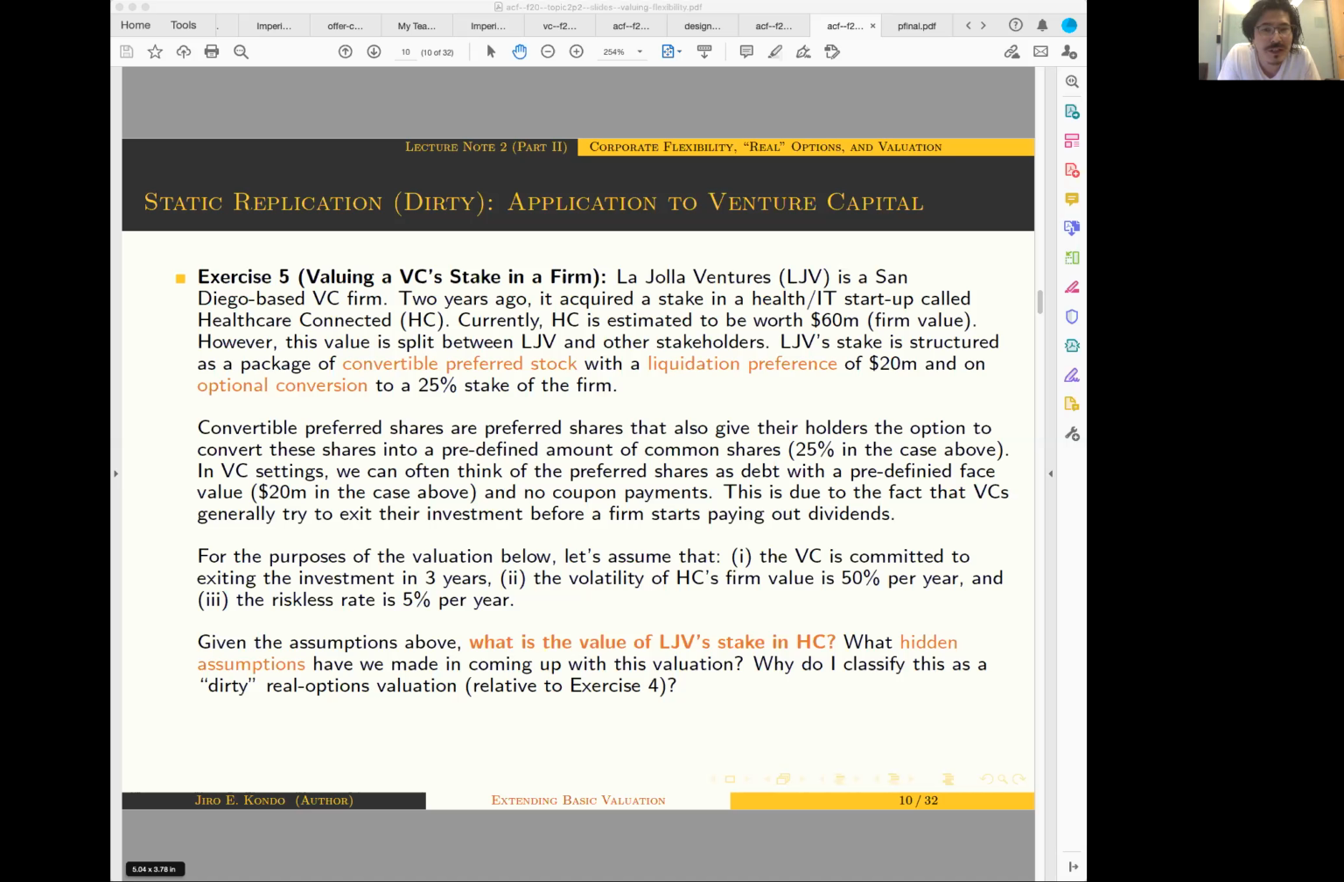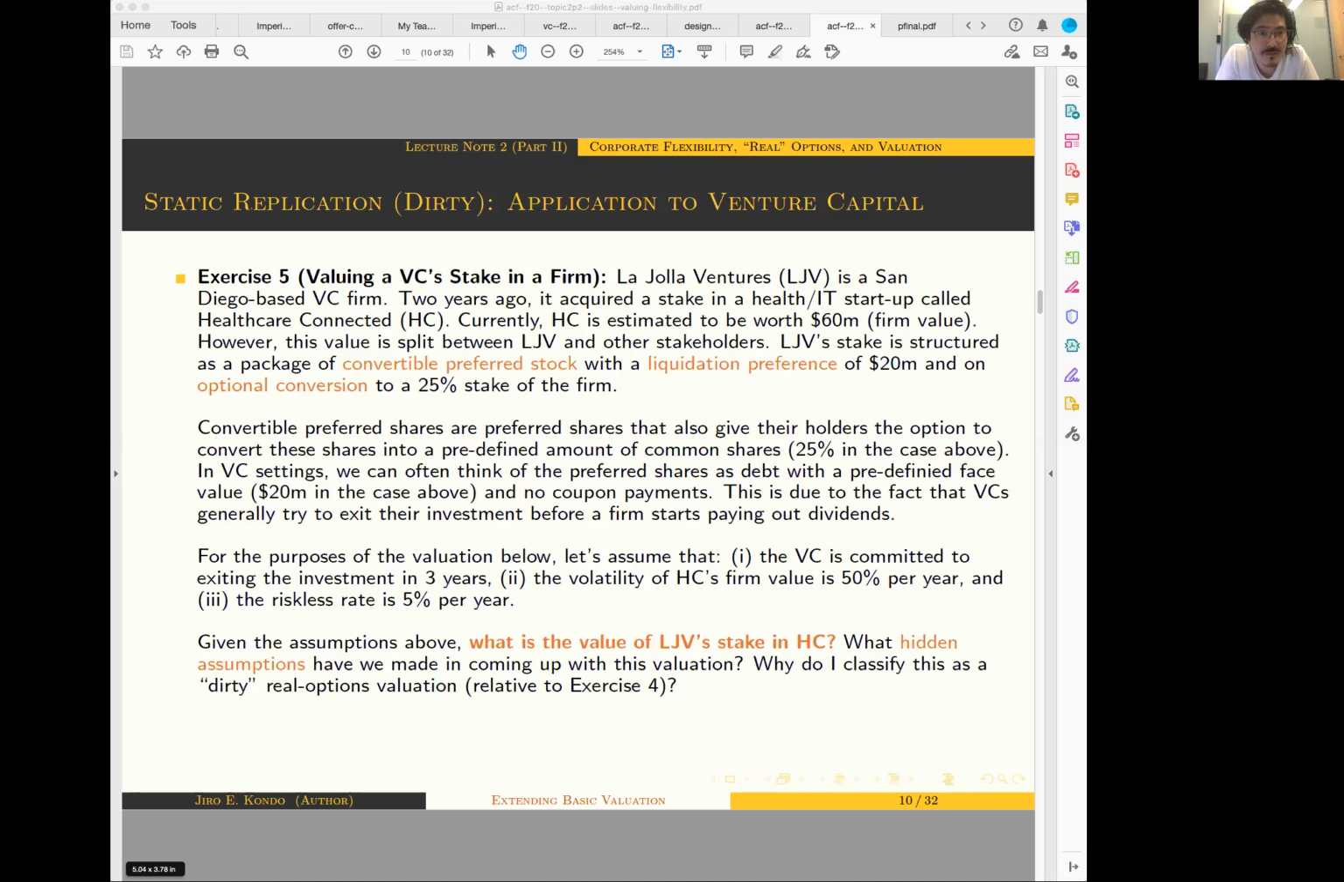Okay, that's what we want to do. In order to do that, we need more information. What is some of the other information that we need? It's what I say in paragraph 3. For the purposes of the valuation below, let's assume that 1, the VC is committed to exiting the investment in